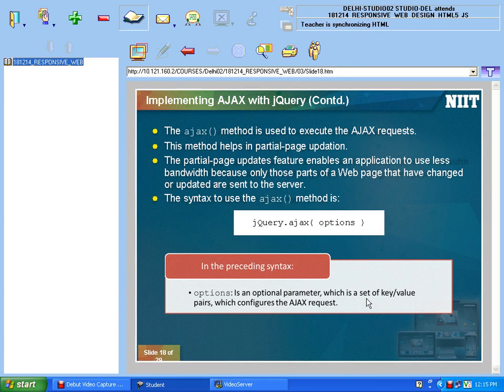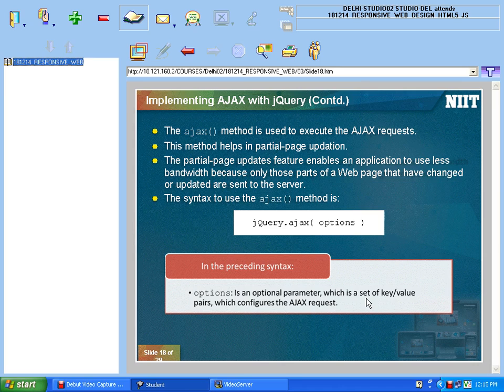The ajax method is used to execute the Ajax request, meaning I will send a request from my client to the server, and that request is an Ajax request. This method helps in partial page update, meaning I want to update a partial page. The partial page update feature enables an application to use less bandwidth because only those parts of a web page that have changed or updated are sent to the server.